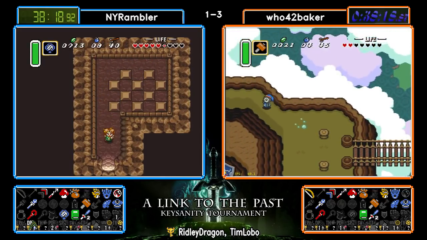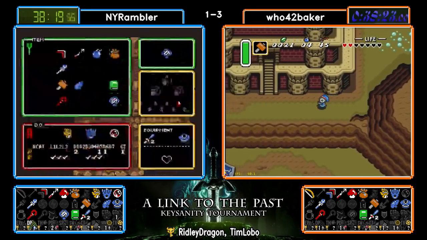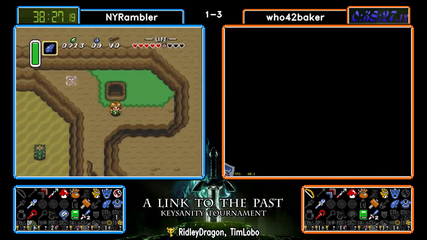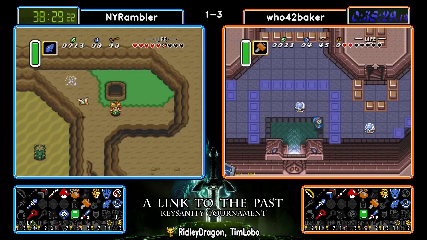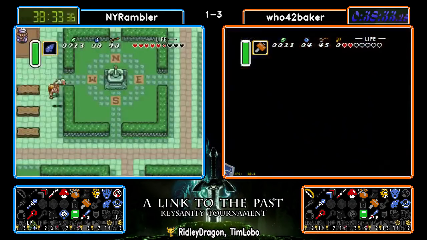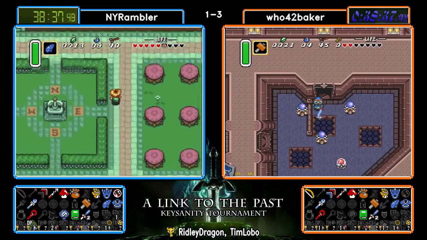And the shovel in the checkerboard cave, that will lead to another item. Oh, and Tower of Hera was the other crystal, the other red crystal, so now we know the locations of both of those. That actually isn't as helpful as we think it is, because you can't get...